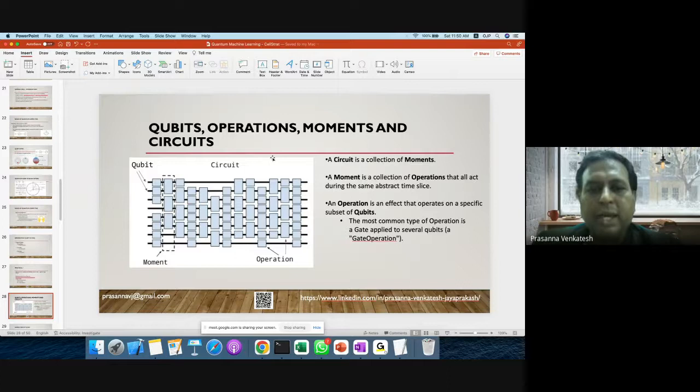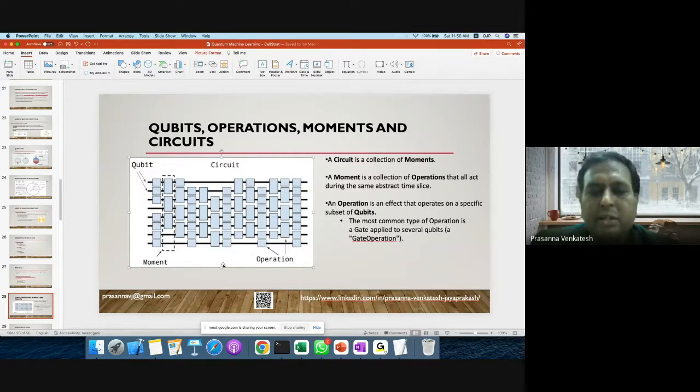The circuits as such consist of multiple parts. The whole part that you are seeing is the actual circuit. Now in this circuit, there are various small boxes that you're seeing. They are called operations. There is an operation that happens.